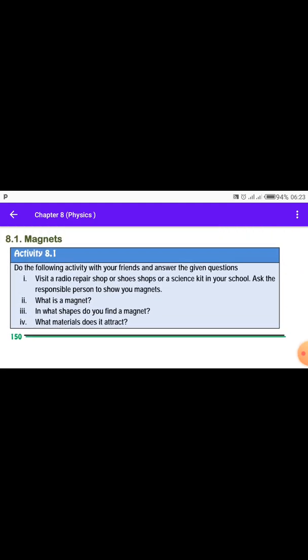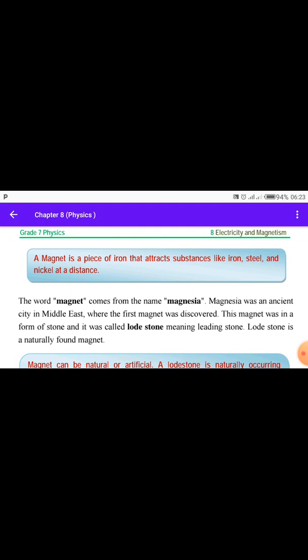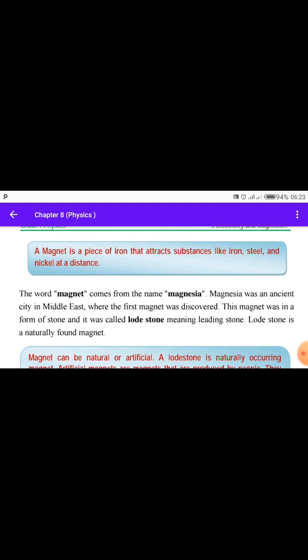and what material does it attract magnet? ምን አይነት ማቴሪያሎችን ነው አትራክት የሚያደርገው? ያገኘውን ነገር ሁሉ ነው የሚስበው ማግኔት አይደለም። ስለዚህ ፌሮማግኔቲክ ማቴሪያል የምንላቸው ማቴሪያሎች አሉ ወይም ደግሞ እንደ iron, steel እና nickel substance. A magnet is a piece of iron that attracts substances like iron, steel and nickel at distance. so አሳያችኋለሁ በኋላ ላይ ሲሙሌሽን አለ ሲሙሌሽኑን አሳያችኋለሁ